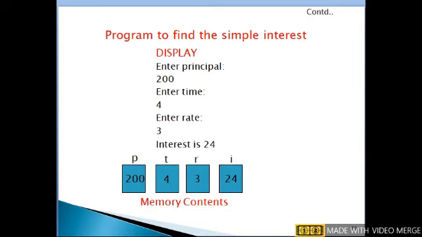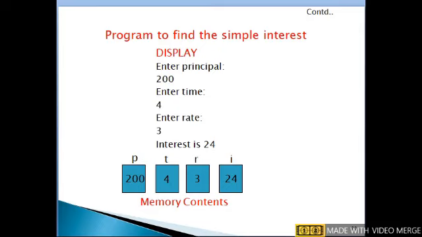Whenever you execute the program, after compilation and executing, it displays enter principal. The user entered 200. Again it asks enter time. The user entered 4. Again it asks enter rate. The user entered 3.